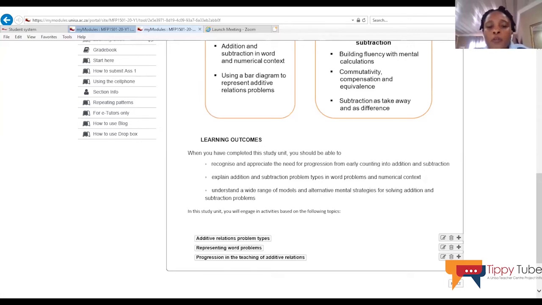The goal of this section is indicated in the study guide. Please make sure that always when you log on, you have your study guide either opened on the screen, or, if you have the hard copy, have it next to you so that you refer to it time and again. Because here we are asking you to read page 47 to page 54 of the study guide, and then you need to complete the activity inside the study guide first. And then